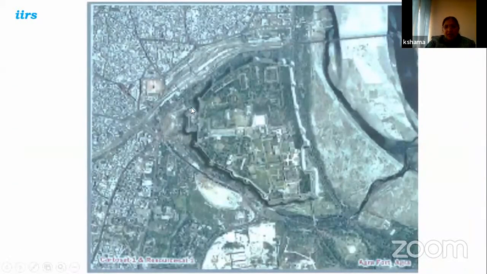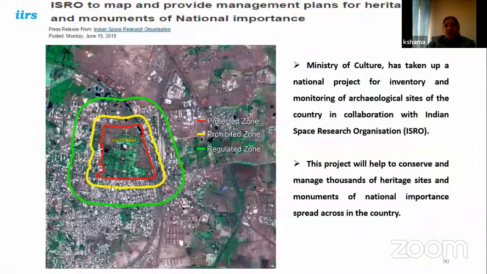Similarly, this example here, you can see that this is one of the fort area. It has very peculiar typology. So all these kind of fort area can be measured, mapped. So now ISRO, based on this, ISRO has taken one project with Ministry of Culture, that they are going to